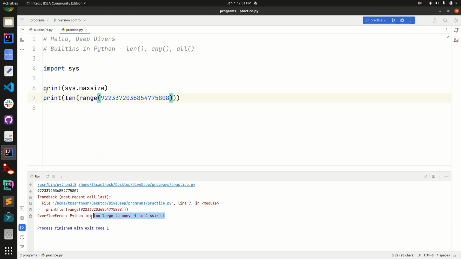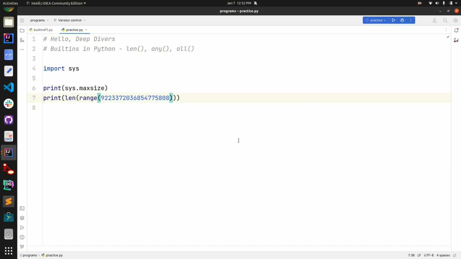These are all underlying details about the C implementation of Python. Our motto is to learn about the len function.